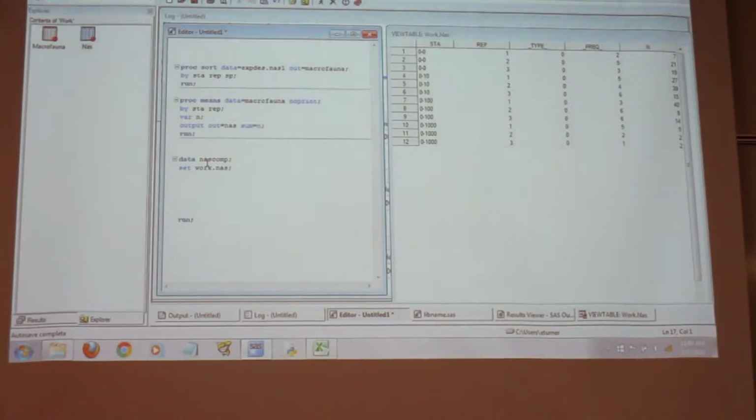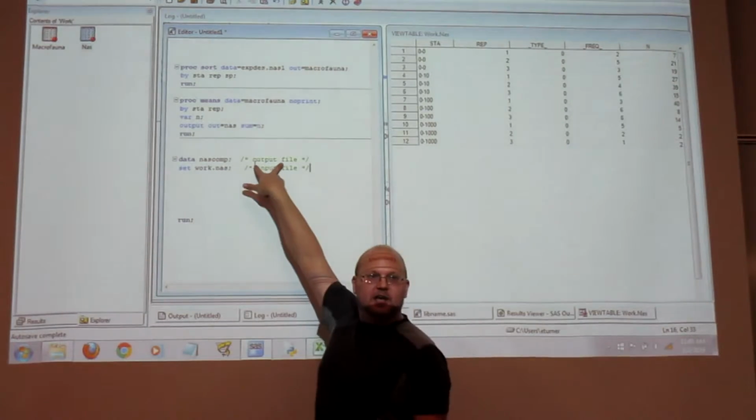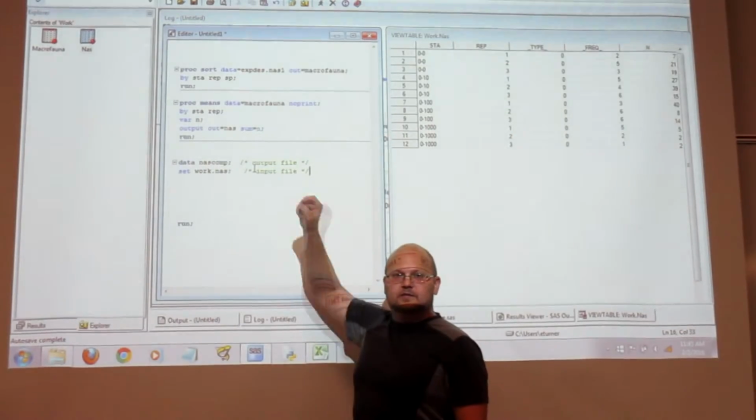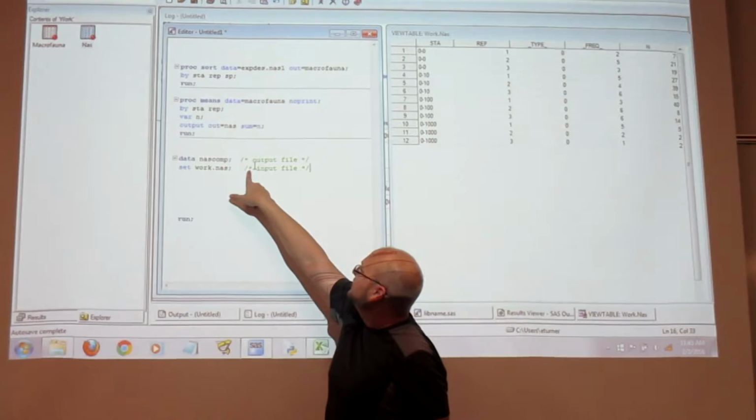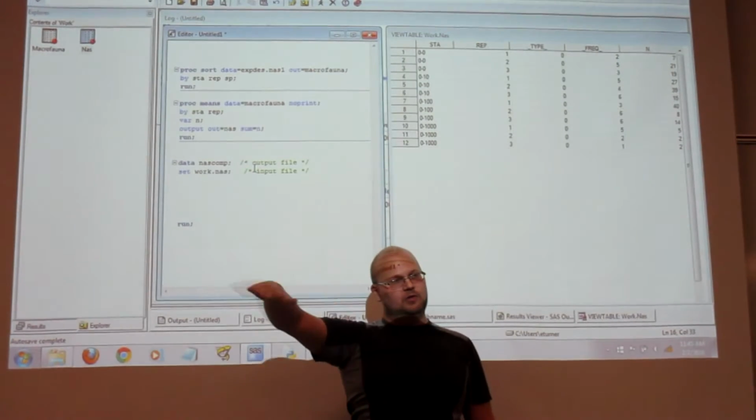And in fact, what I can do in this file, I can do something like this. I'm going to put little comments, if you can see it. In SAS, if you just do this star, that comments the whole line.